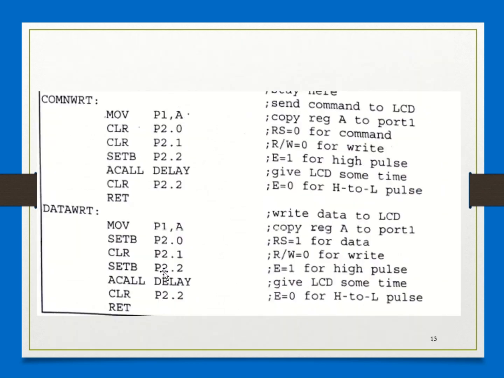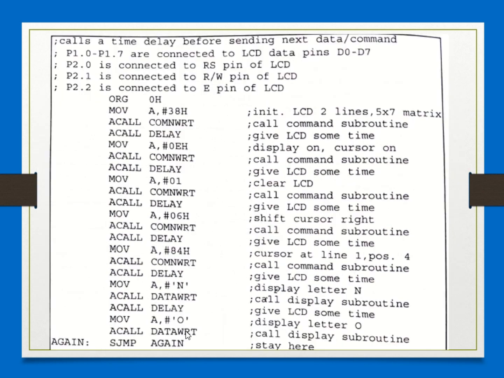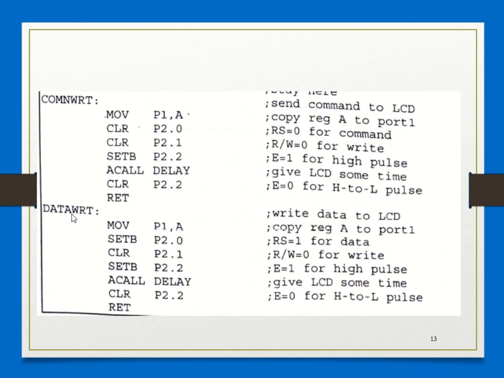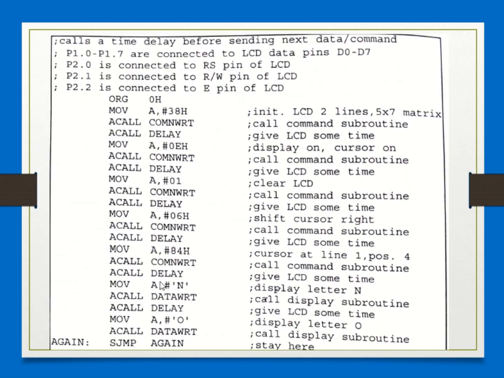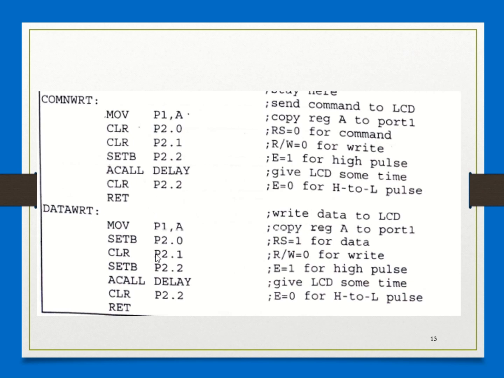Okay. Then to display the character, we use a subroutine, data write. So here is the data write. What is in A? The ASCII code of N will be in A and you're calling this subroutine. That ASCII code will go to port 1, that is, the data lines. Then you are setting P2.0, that means you are making the RS line equal to 1.